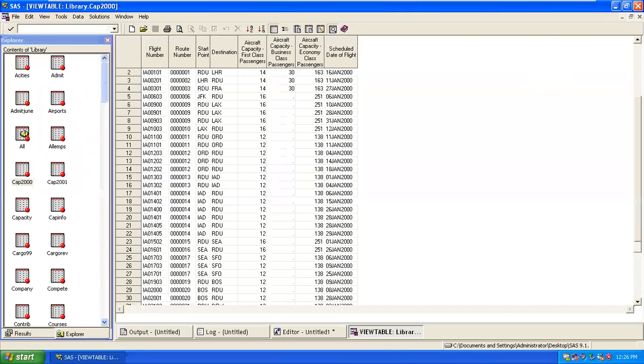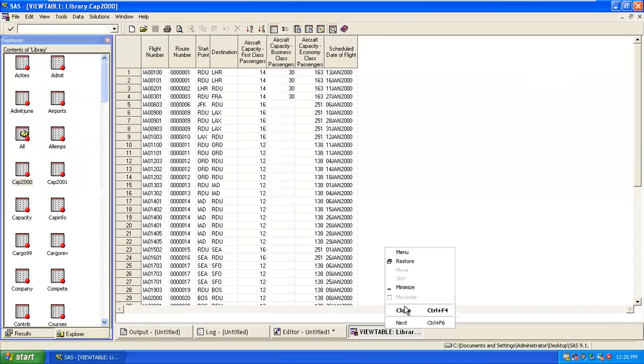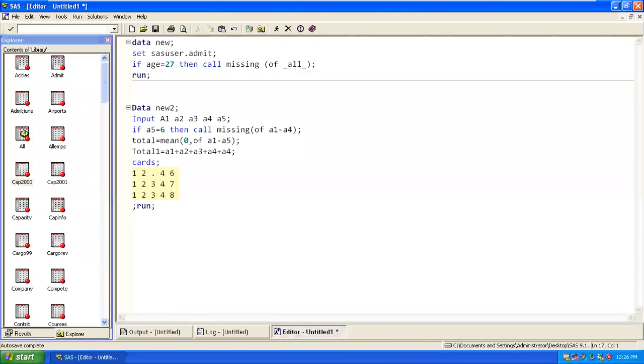I want 10% of data from 50. So first I'll create the random number for these records. I can say data new equal to set of library dot cap 2000, and ran equal to ranuni.